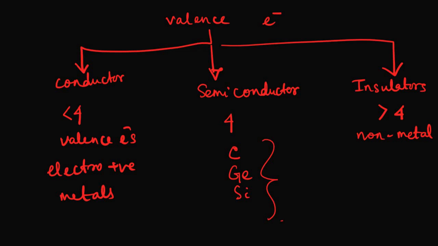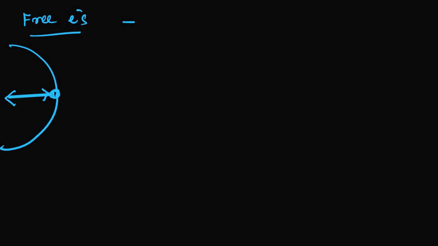So after valence electrons, we will go over to free electrons. What are free electrons and what to expect from them? Now, as I already said, valence electrons have the most energy we can think of. The outer shell has electrons which are pretty far from the nucleus, so they have the maximum energy, right? So why are we discussing free electrons? Should we not simply discuss valence electrons? No, that is not the thing.